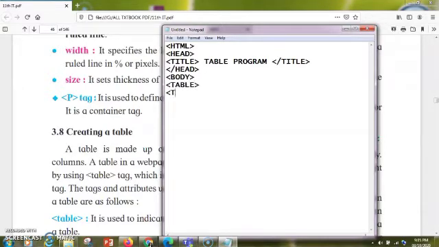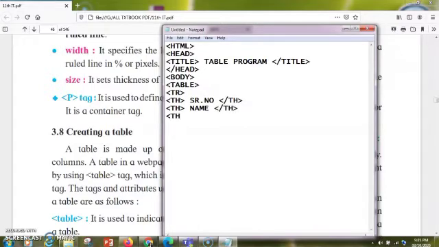Now I'll start the table tag. I want to make the first entry in my table, the first row. That will be started by the tr tag, and then I'll give the headers for my row, like serial number with a th tag, and I'll end it with /th. The next heading will be name, ending with /th.